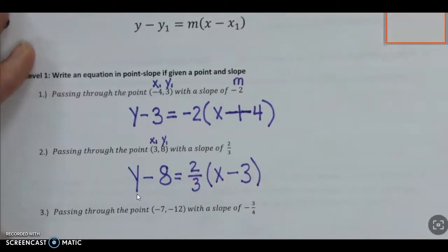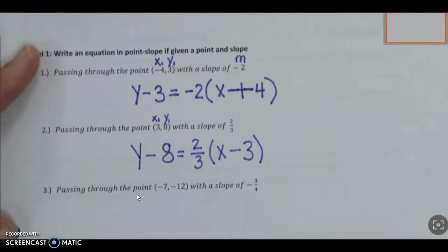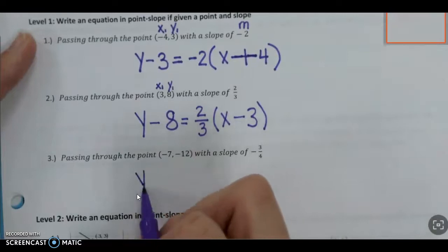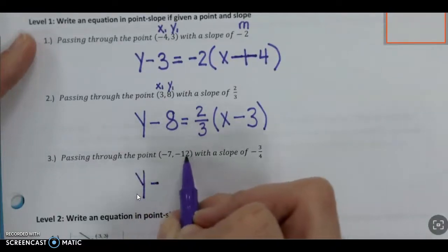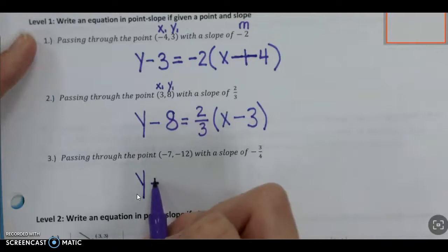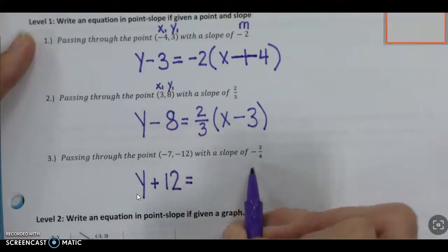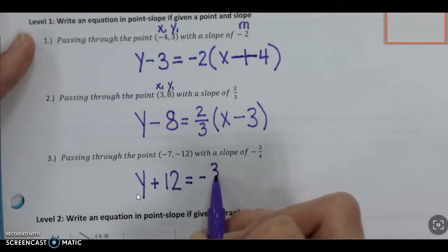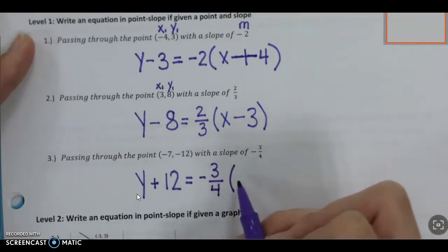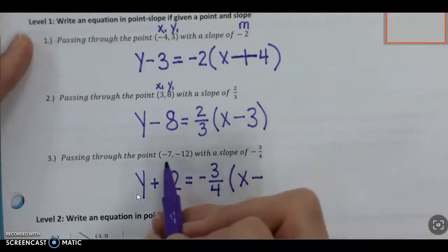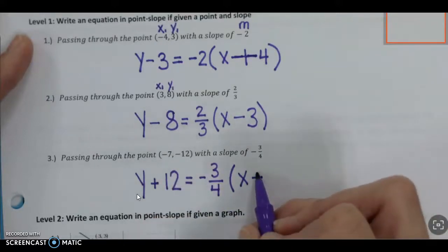Okay, one more time with some negative numbers here. The letter y minus -12, that's going to change that to +12, equals, I'm going to put my slope in here. That's not going to change positive, negative, no matter what happens. It's going to stay negative if it's negative, stay positive if it's positive. And then x minus, and because it's subtraction here, this minus makes this negative minus a negative becomes plus,